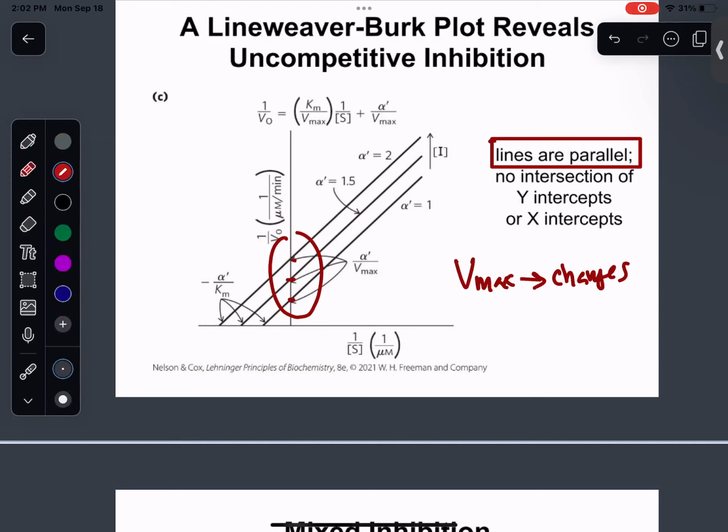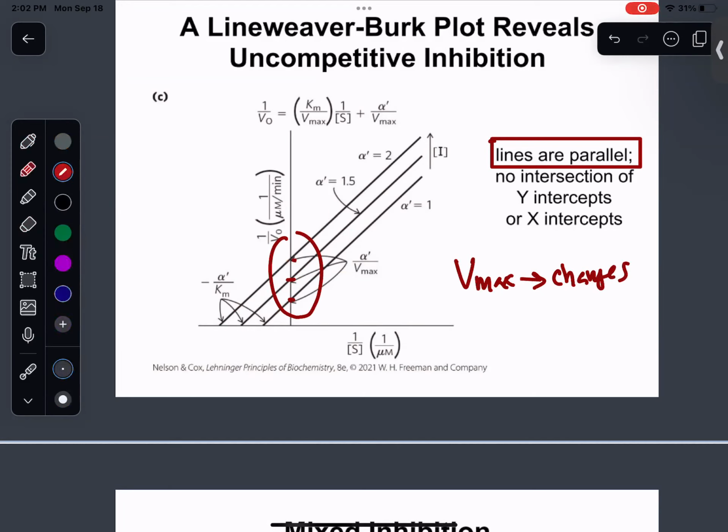And remember, what did we just say about uncompetitive? Uncompetitive inhibitors affect both the apparent Km and the Vmax. Uncompetitive. If I see this, I'm more than likely talking uncompetitive. Okay? Get these rules in your mind. That is key.